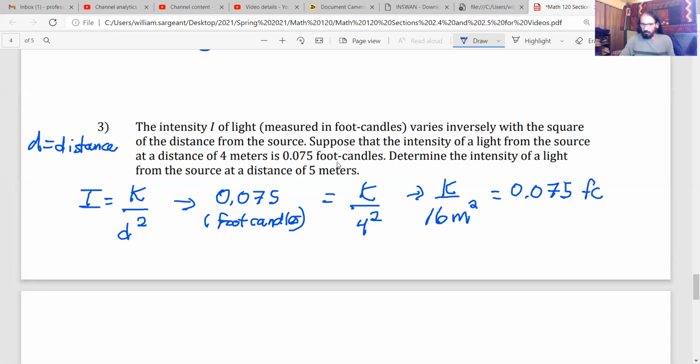Then multiply both sides by 16 to get k alone. 16 times 0.075 is 1.2, and that would be foot candles dash meters squared. That's a dash, not a subtraction sign. Now, when we plug that back in,